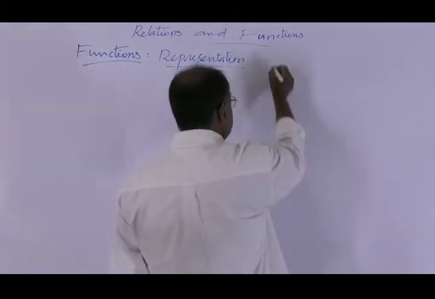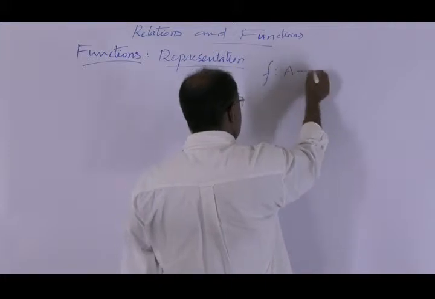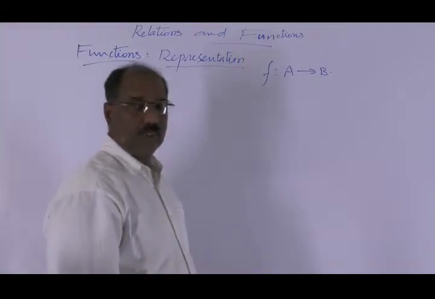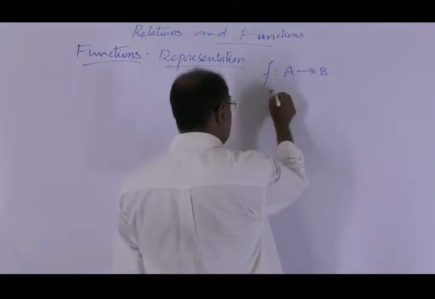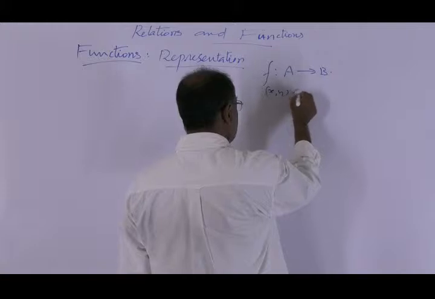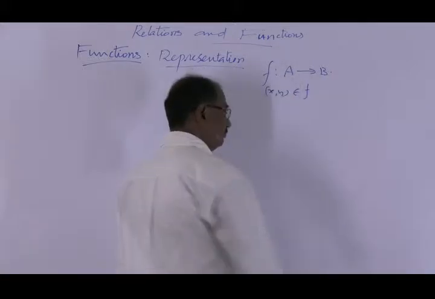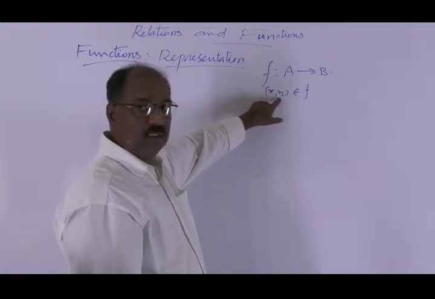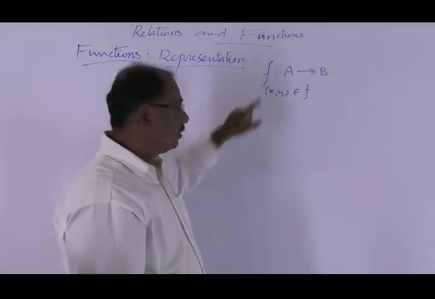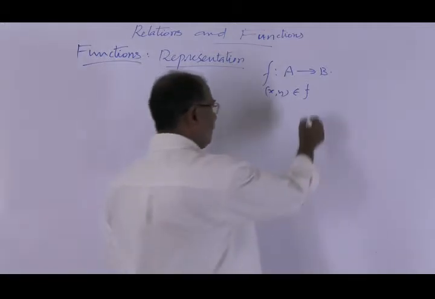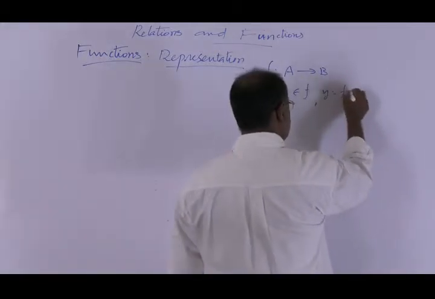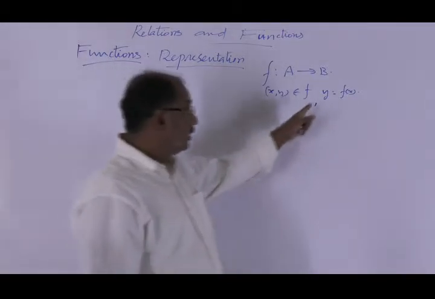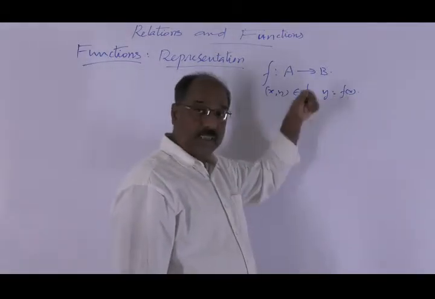Suppose it is a function from the set A to the set B. And suppose (x, y), whatever (x, y) element of this f. That is, x is related to y or y is equal to f(x). That is, this y is equal to f(x). And y equal to this f(x) means